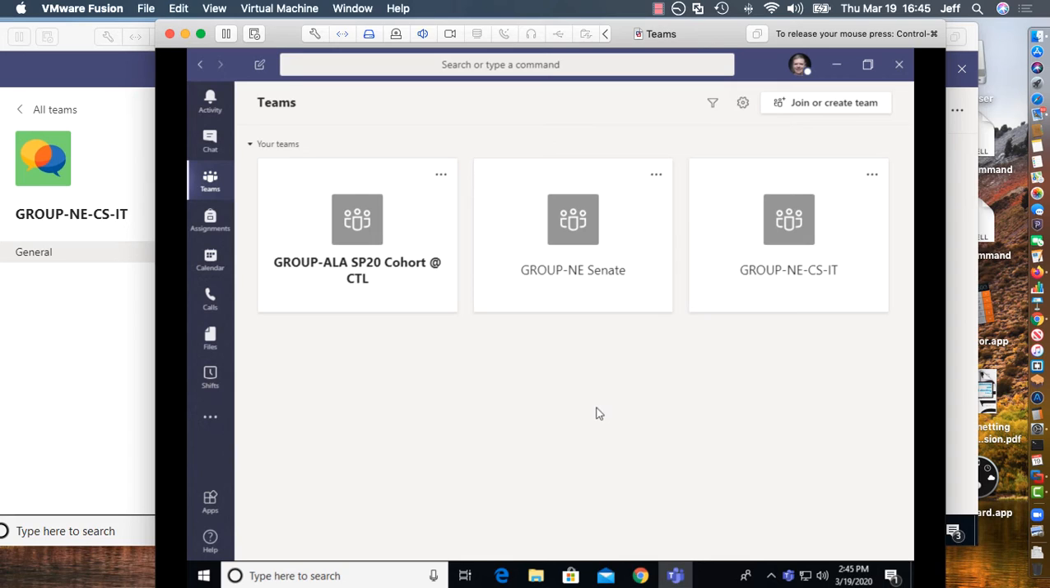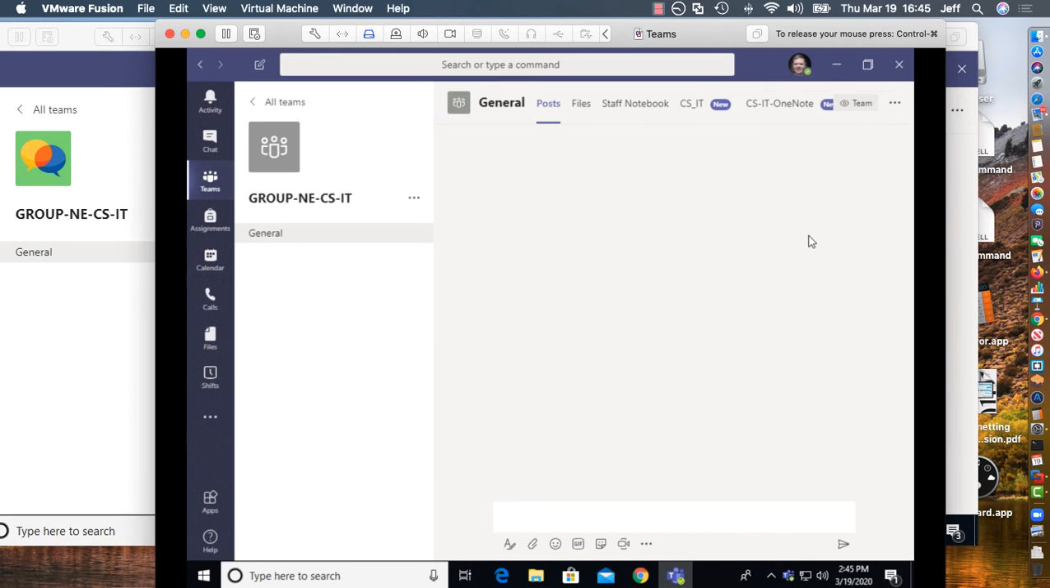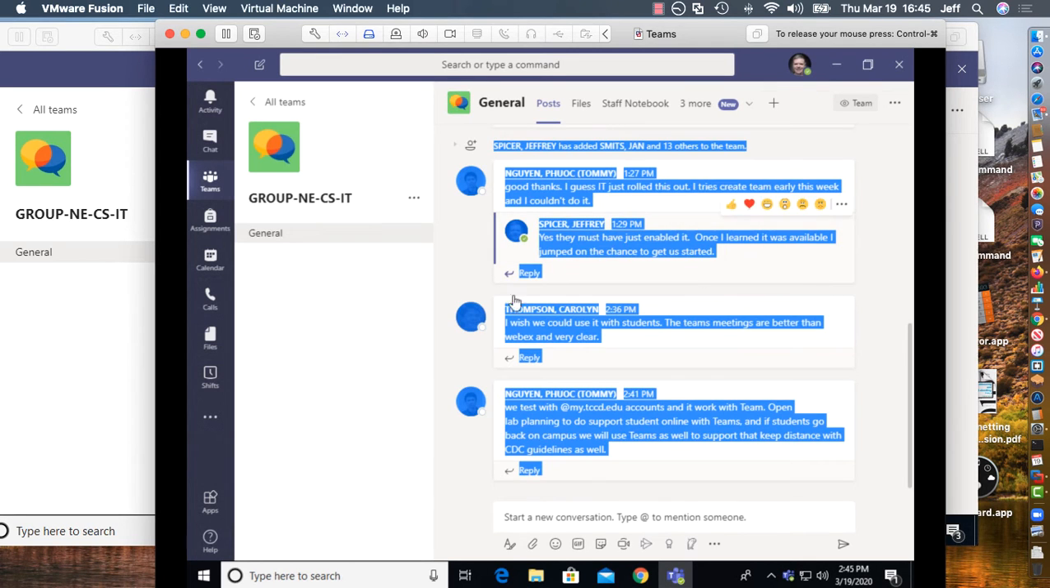Now for me, since I've already installed it once on this machine, it logged me already in. For you, you'll just have to log in with your TCC account, your Microsoft account for the TCC, and then it'll bring you to your screen, and you'll see the groups that you're a member of, which you should at least see the group NE-CS-IT, or the Northeast Computer Science Information and Technology Group. If you double click on that group once you're logged in,